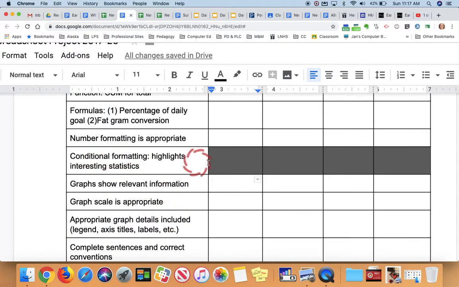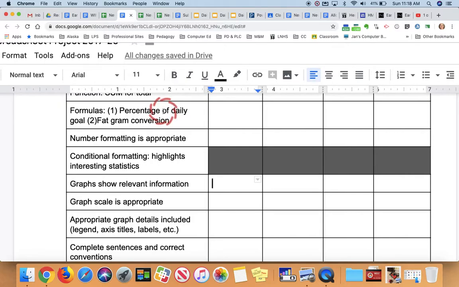We're going to skip. We did not do conditional formatting in this semester, so I just grade that out. You don't have to worry about that. Graphs show relevant information. Graph scale is appropriate. Appropriate graph details included. Okay, so this is the graphing section. So on the graphing, what you wanted to be sure that you did was choose information that could be on the same graph. Okay, so